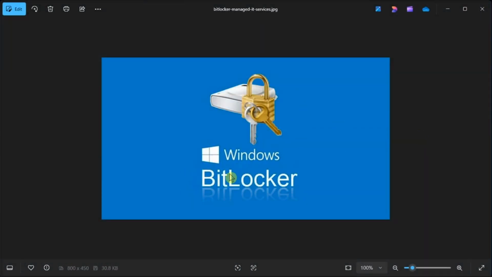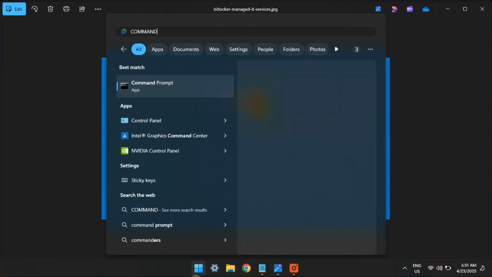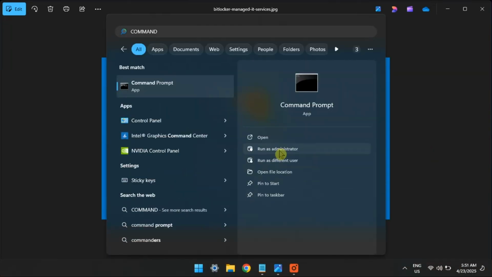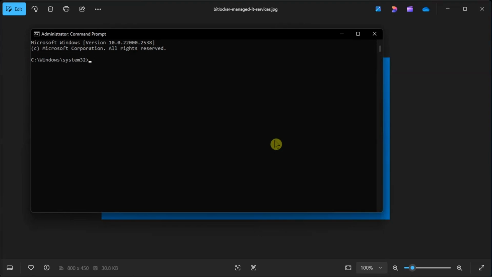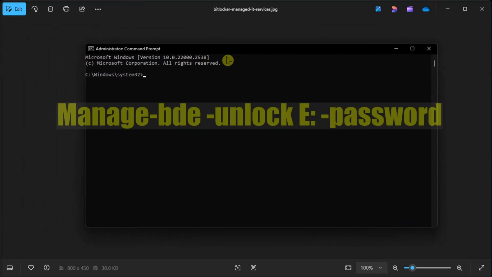Are you trying to unlock BitLocker Encrypted Drive? Then you can watch this short video tutorial, as we will show you how to do that in some simple steps. Now what you can do first is to open command prompt with admin rights, type in the following, then